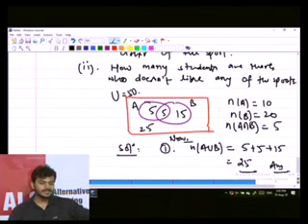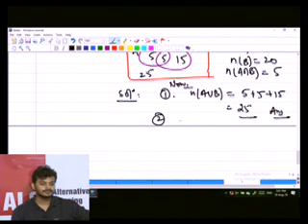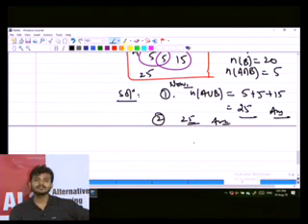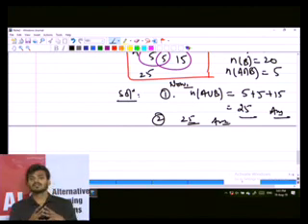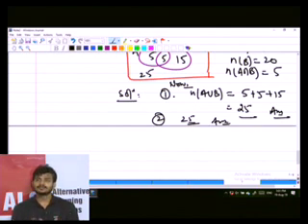So what is the answer for the second part? Using the diagram itself, we can directly answer it. The answer would be 25 for the second part also. Is it clear? I have not used any formula now. I just tried to make you understand how the questions will come and how you will approach them. There will be some questions in which a Venn diagram will be easy, and some which you can directly solve via formula also. So say yes or no if you are getting it.